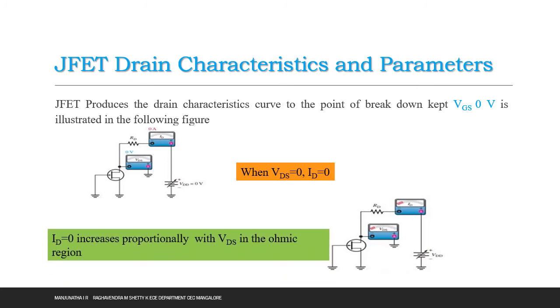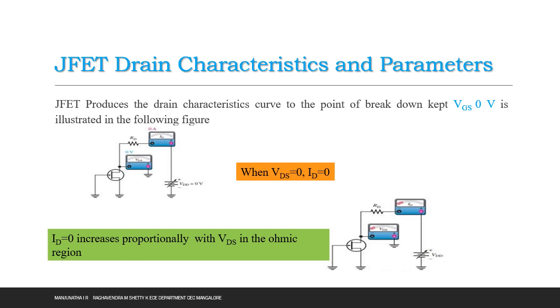Next, the second pictorial representation says that, observe the voltmeter, we have increased voltage VDS from 0 voltage to a certain voltage. So when VDS increases, ID also increases. Okay, so some values are given by the voltmeter and ammeter, and that we can observe from the red line reading from both the meters, voltmeter and ammeter.